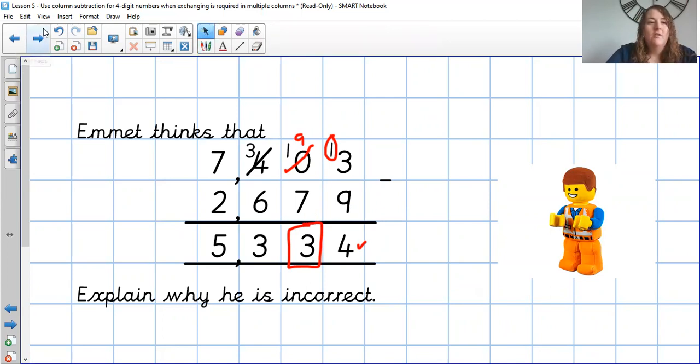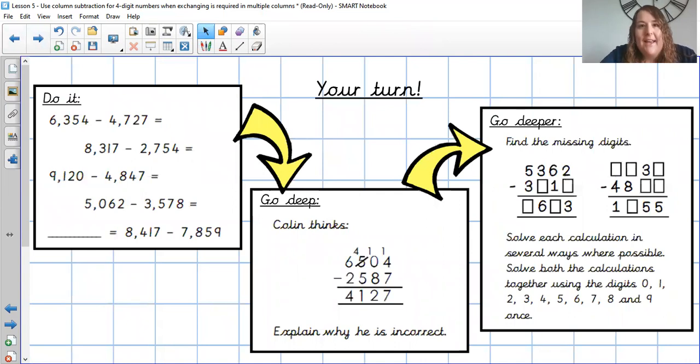Okay, your task today then. You've done well getting this far, but this is your turn to now have a go. There are 5 do-it questions for you, just like the ones we've done. Again, there's multiple exchanges, so really good luck with those. Your go deeper is then a Colin problem. Colin has made a mistake. I would look back at Emmett's mistake because they're quite similar today, so see if you can work out what